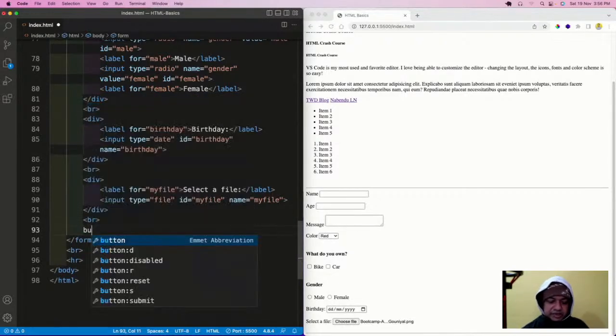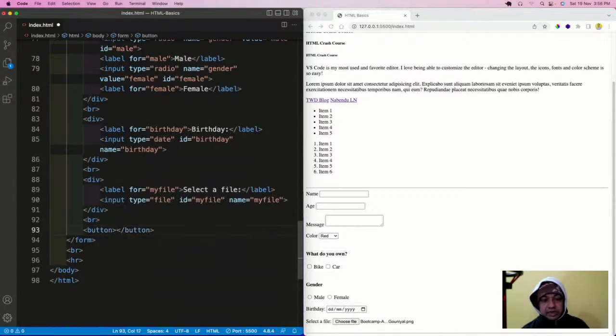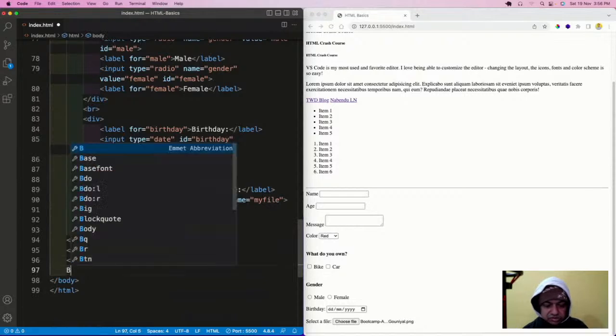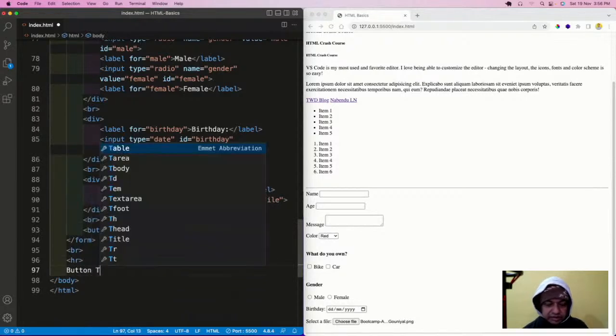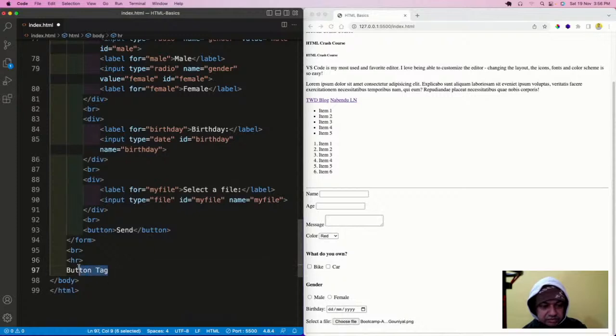But this button is a special kind of button inside a form. So after the form fields I will have another button tag, and this button tag will have a click.